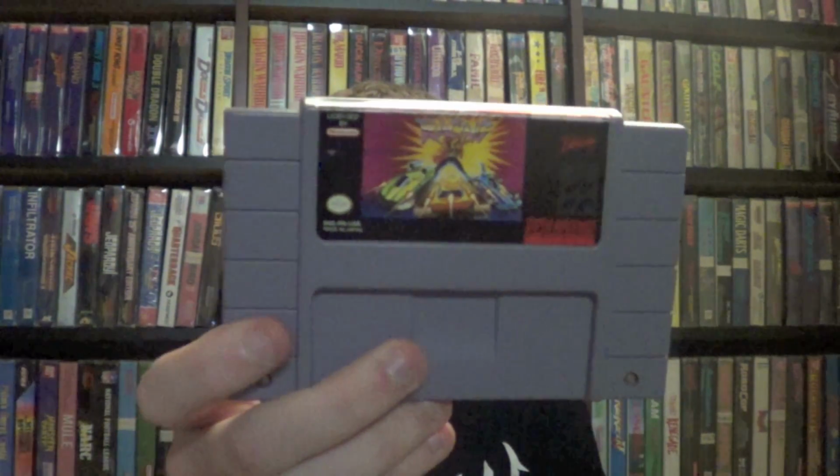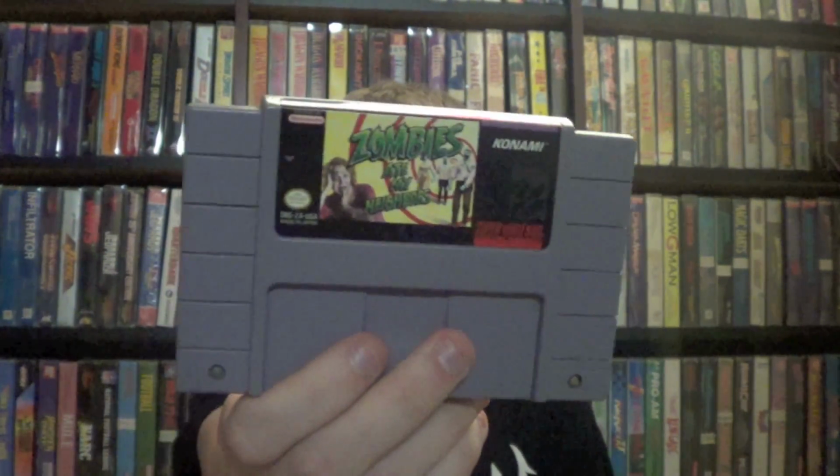Alright, onto the Super Nintendo games. Now, same with these ones. Some of these have come from the guy that I got the Harvest Moons from, and some of them have come from other Craigslist deals, but these are all either sold or are going on eBay and will be sold. So first up, we have Legend of Zelda, Rock and Roll Racing, Super Bomberman 2, Zombies Ate My Neighbors,